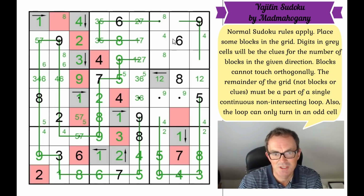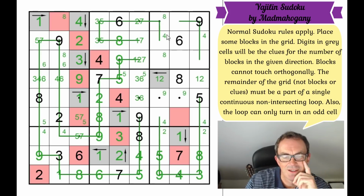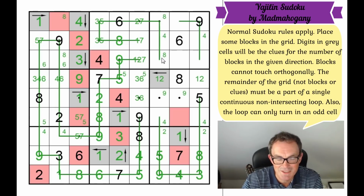Oh, we can do the same trick again in this square. Can this square turn? If it turns, we know this square was not... Oh no, we can't. I was about to say, well, I can't. I was hoping I could force it into this square and then force this into here, but I don't think I can, because I don't know that this square can't turn. Although if it does turn, how does it turn? It either turns into a loop there, or it turns into a 6 and has to turn in this square, which it can't. So it is good logic, it's just not for the reason I thought it was. This square cannot turn. So that continues, but we don't know whether it is the 8 or not. Oh well, it's still...